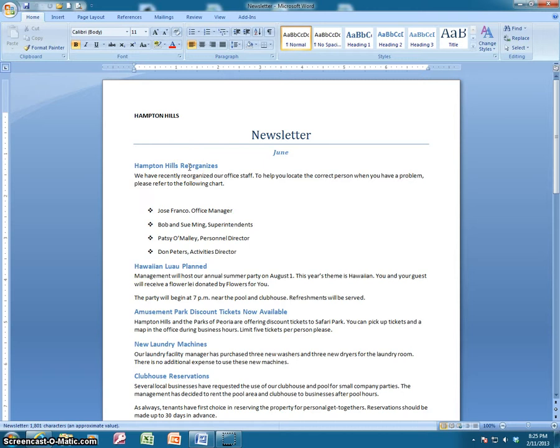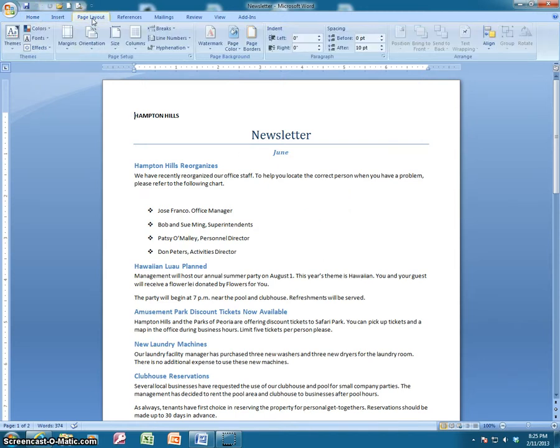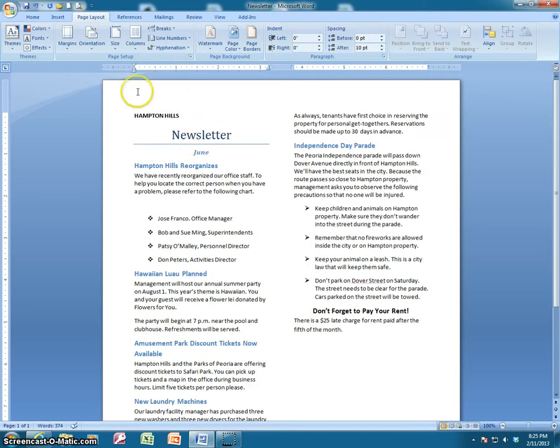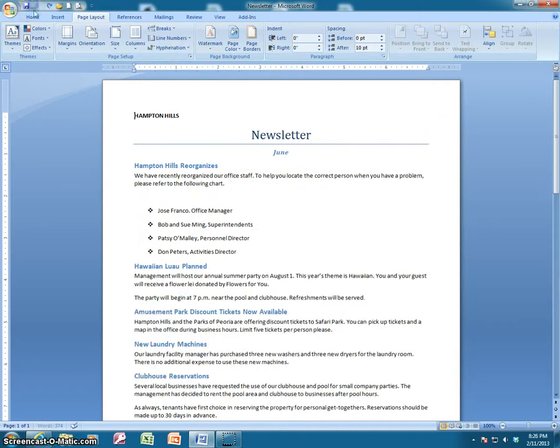Okay. Now, what we're going to say is that we're creating a newsletter and we want this to be in 2 columns. So if I go to the Page Layout tab and I choose Columns and just choose 2, what happens is what I wanted to be the title of my newsletter ends up being included as part of the columns. And so I'm going to just undo this because what I want to do is leave all of this information across the top,